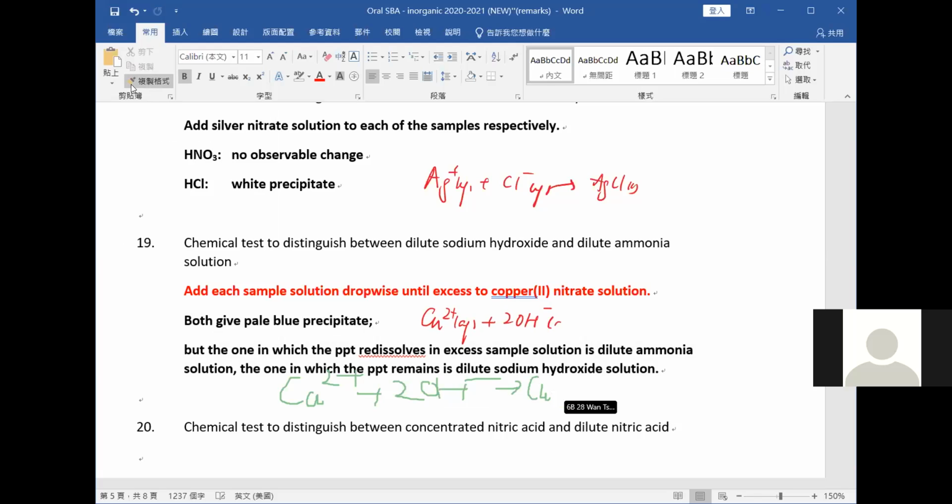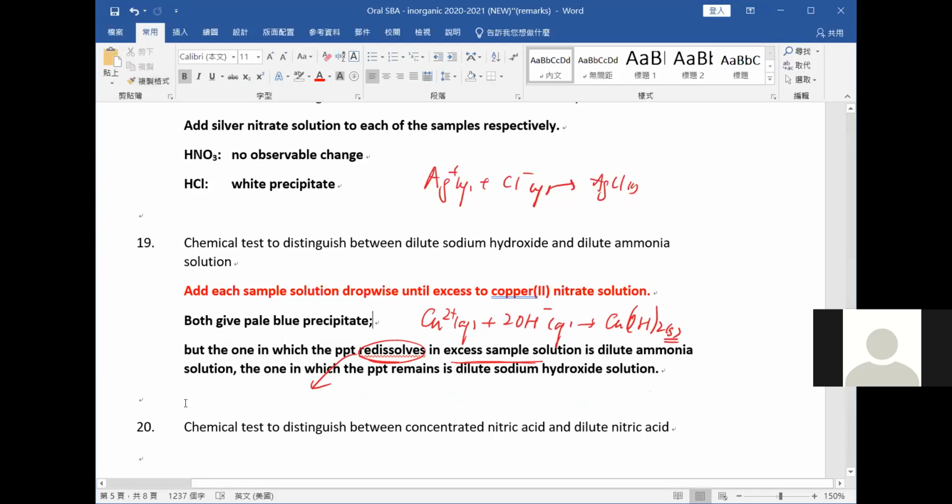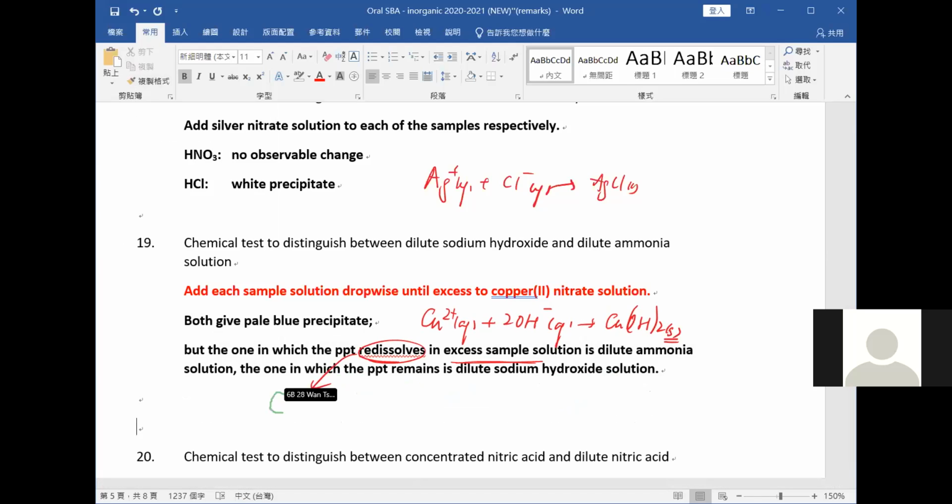The first equation. So the second equation. What is the equation? How to write down the equation? Copper 2 hydroxide and